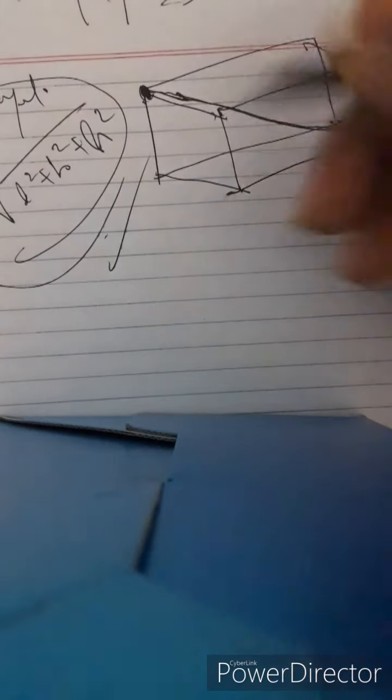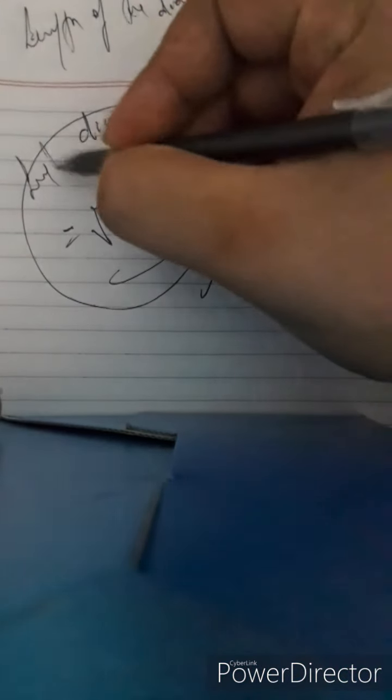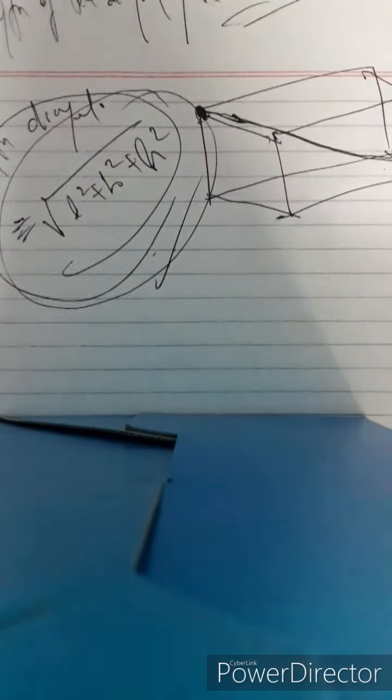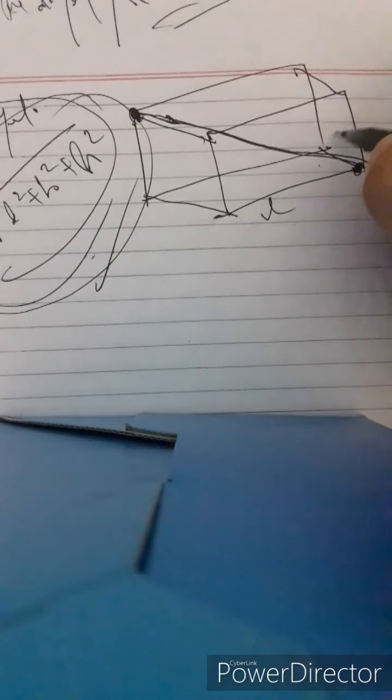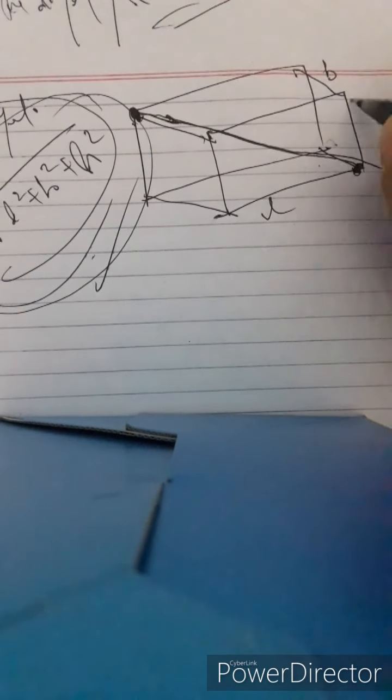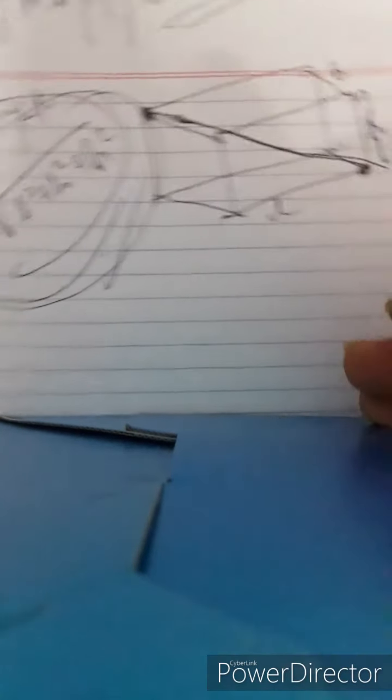The length of the diagonal of a cuboid becomes equal to root under length square plus breadth square plus height square. This is the length, this part is the breadth, and this is the height. Alright, so